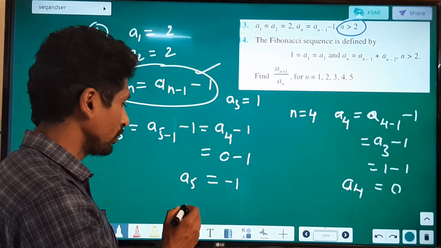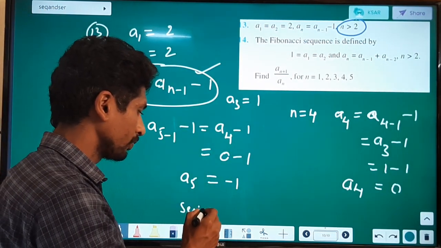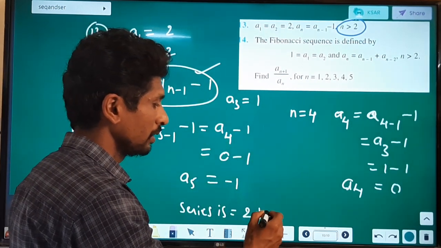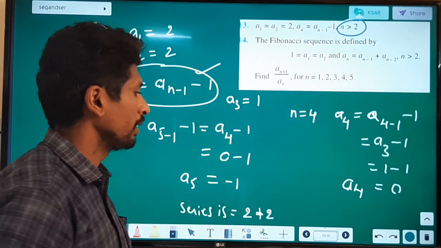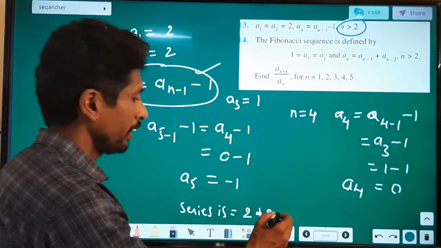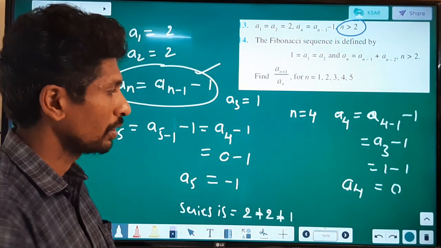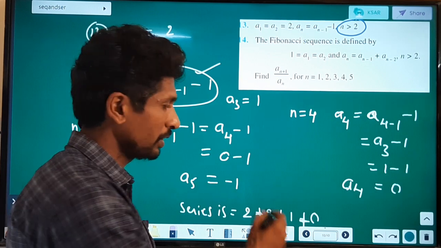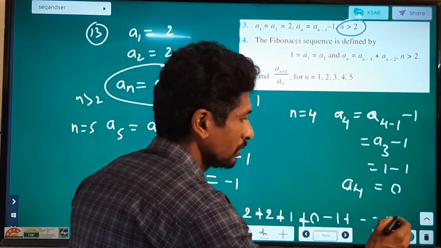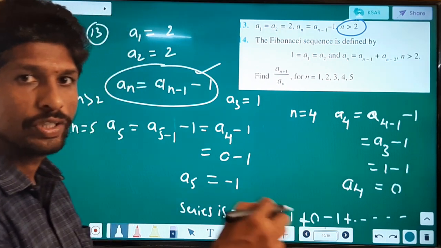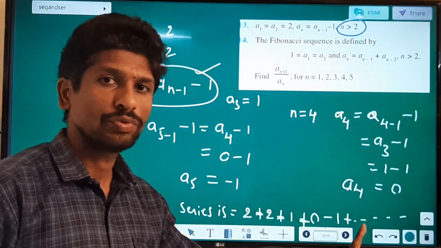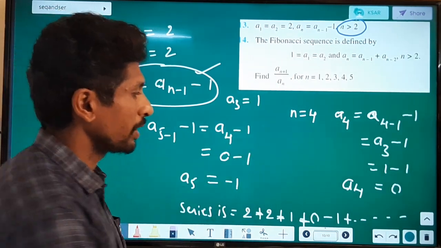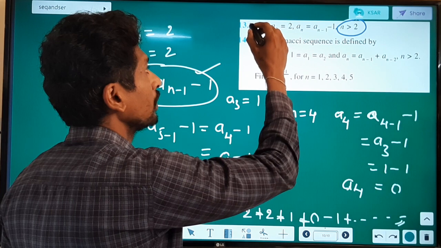So therefore the first one is 2 here. Series is, the first one is 2. Write it as it is, next plus, second term is 2, next third term is what? 1 here, next fourth term is what? 0, next fifth term is minus 1, plus into minus becomes minus 1 and so on, thus the series will come. Series continues till minus 1, let us take it continuous. Taking this, that becomes the series of the given 13th problem.